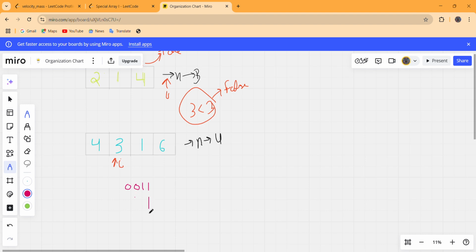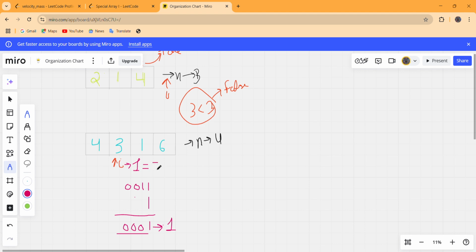AND operator with 1: 1 and 1 will return 1 and the others will return 0 0 0 0. That means this in decimal will generate 1.